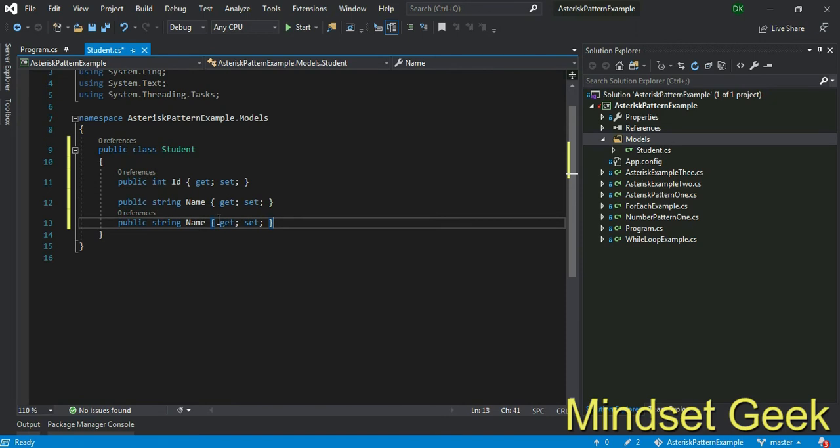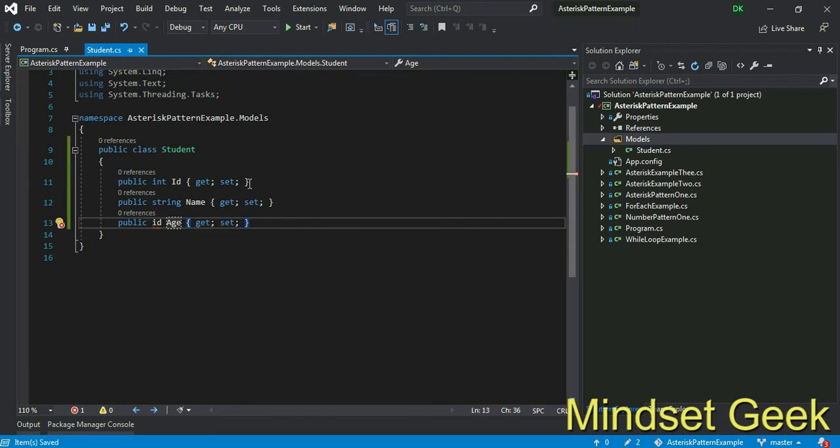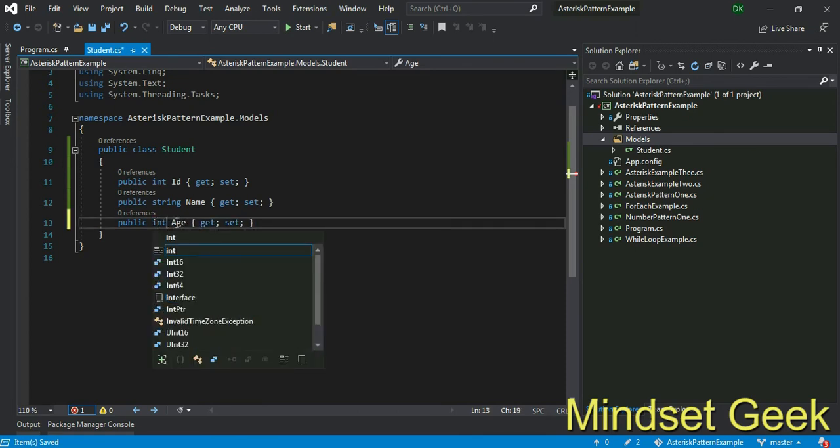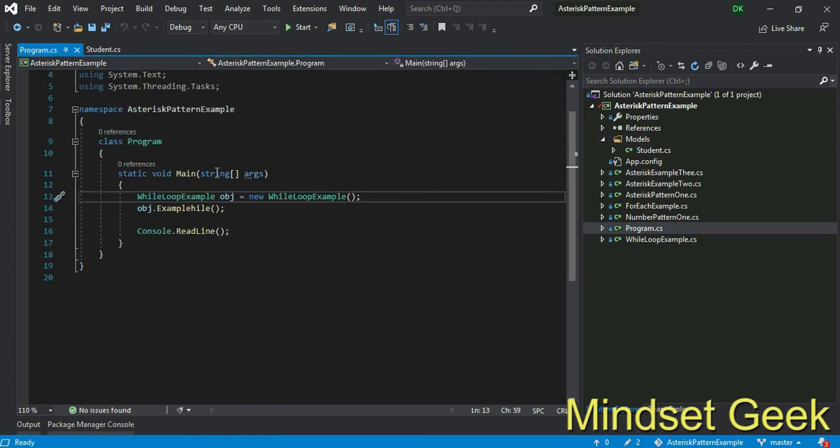Then ID, age, right? Think about this. You have a Student class. That one student has ID, name and age, right? These three properties. Now we use this main method, right?